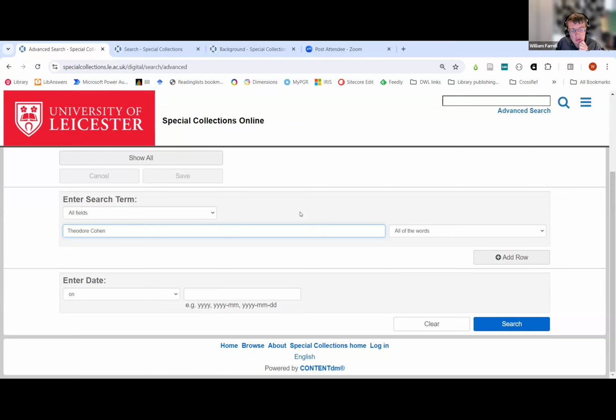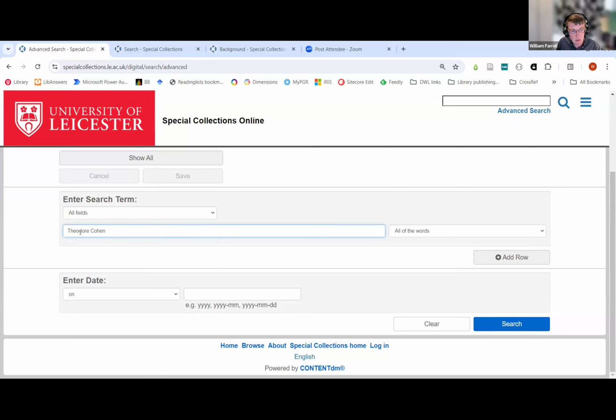One issue with the layout in the directories is, as I said earlier, some of the directories have first name, surname. Some of them are done surname, first name. Some of them use abbreviations for people's first names if they're running out of space in the line of text. Some of them use a comma after the surname and some of them don't. So you have a decision whether you want to just search the name as it is and just see what happens, or whether you want to search it as a phrase and the exact format or spelling.